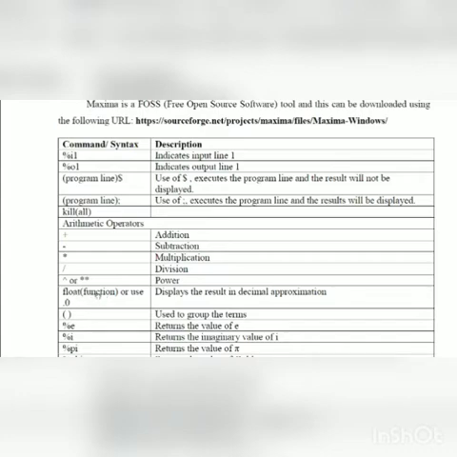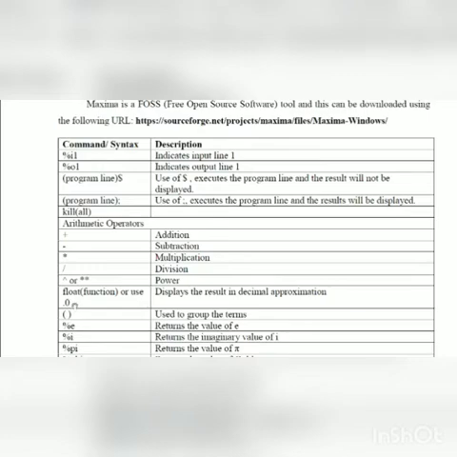Float of function. Why do you need to use float? Suppose you want to obtain the result in decimal places, then you have to use this float syntax. So if you use this command float of, float will give you a decimal approximation, without which the results will not be displayed in decimal approximation. Or if you don't want to use this, simply in the command you use dot 0.